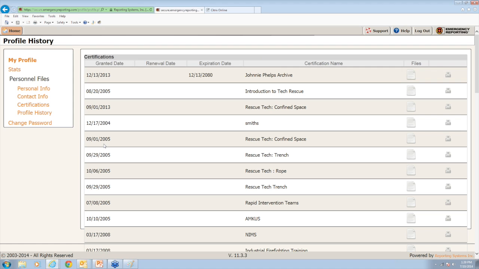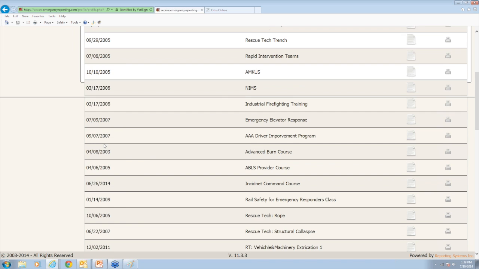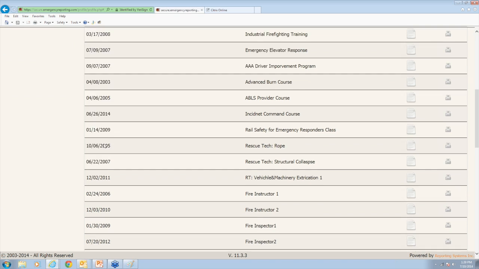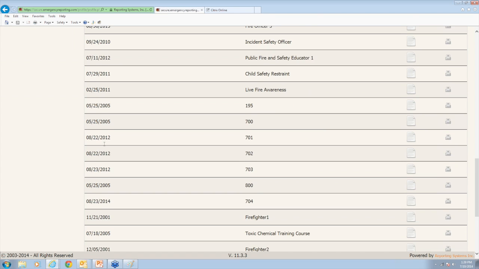Johnny's good for a long time. You can see that on that one certification. But you can put those renewal dates in, and then administrators with privileges to the reports module can run reports. But I think you're probably thinking like I'm thinking, Crystal,